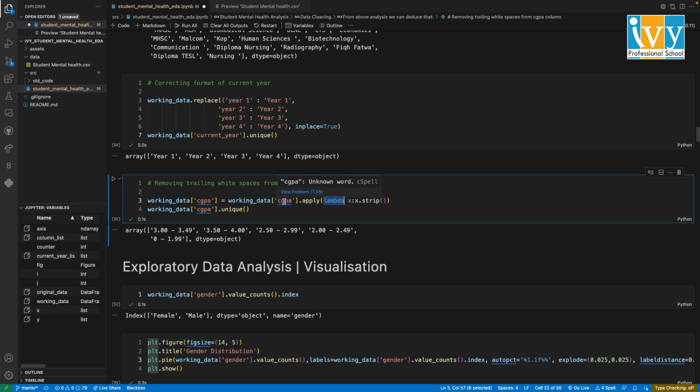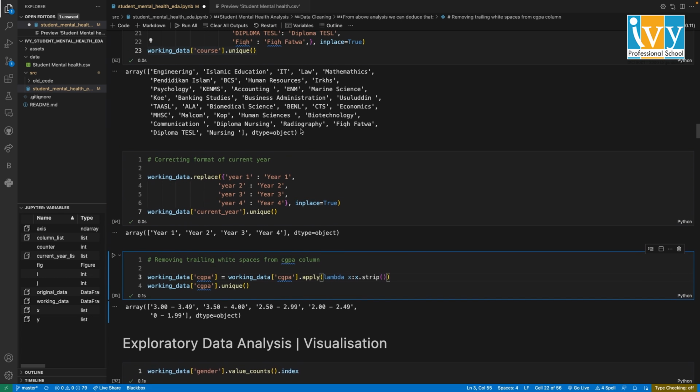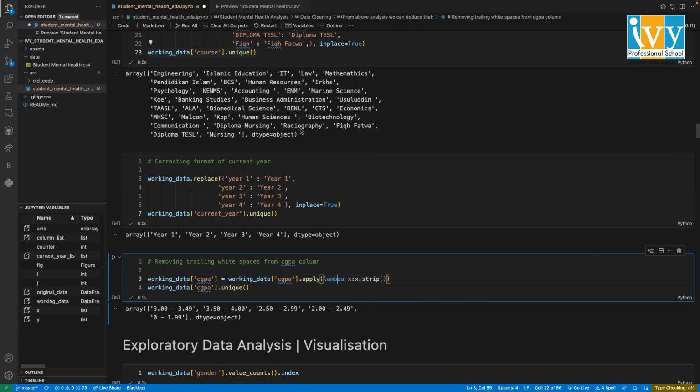So I have chosen the CGPA specific column data and applied x dot strip. Strip will basically remove any spaces from the end of the string. So this has removed the spaces, and again we can see that now there is only one 3.5 to 4 CGPA. That's it for handling the data set, correcting and doing some data cleaning as we've discussed